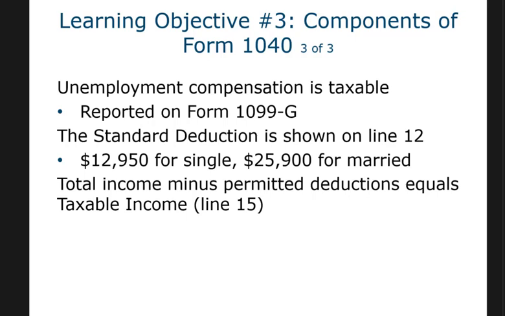For right now, the only deduction that we're going to allow is the standard deduction, and we're just going to talk about the idea that amount is $12,950 for single and $25,900 for married filing jointly. Okay, so that's the only deduction we know of yet. Chapter 5, we'll talk about itemized deductions. We'll remind ourselves that you either use the standard deduction or the itemized deduction,